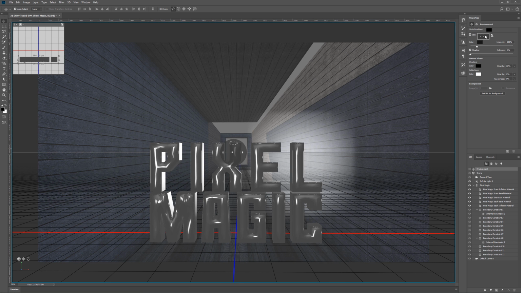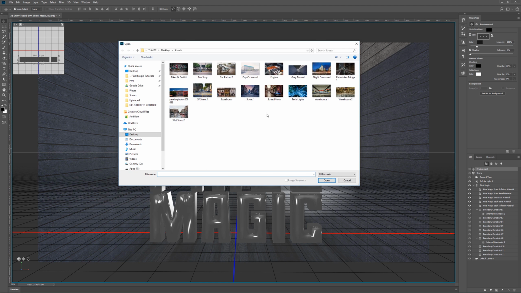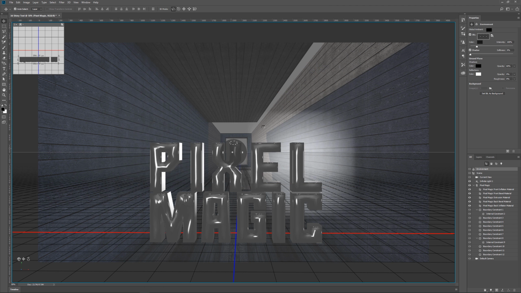What we want to do is change this image. So you want to make sure IBL is checked. You want to click on this little icon here and then go to replace texture. And then you want to choose your texture, which is where I said it's very important to choose this texture beforehand. Now you can feel free to experiment with whatever textures you want. I'm going to be using these tech lights, but if you're using a background image that has a lot of colors and a lot of interesting pieces to it, then maybe you want to reuse that as the reflected part of your text. Okay, I'm going to use tech lights for this, so I'm just going to double click on that,